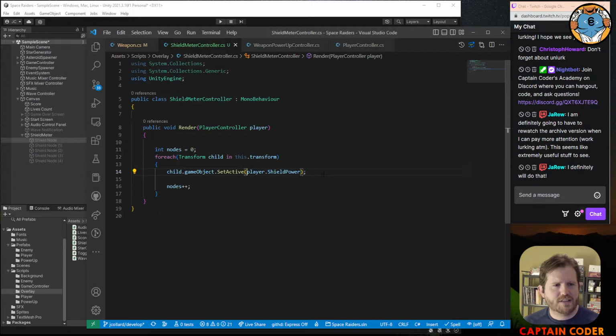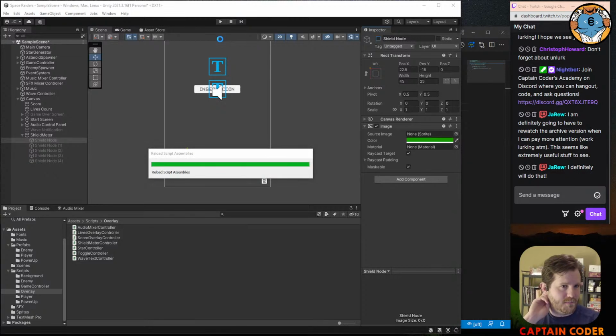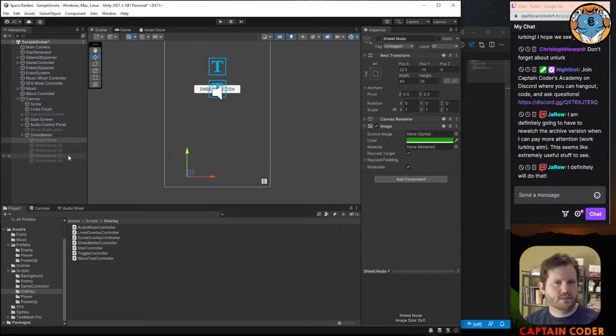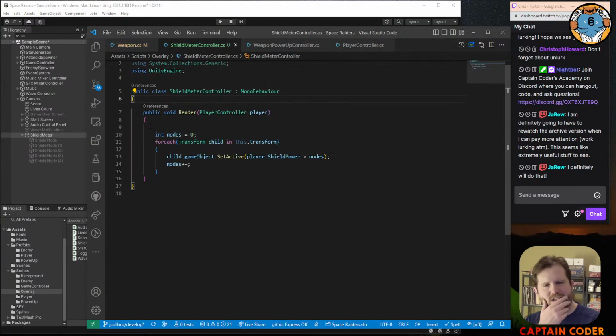If player shield power is greater than nodes, we're going to turn it on. I think this will do it. All right, so we have our shield meter controller. Like that. And our shield meter here, shield meter controller. Gonna add that in, and we need to